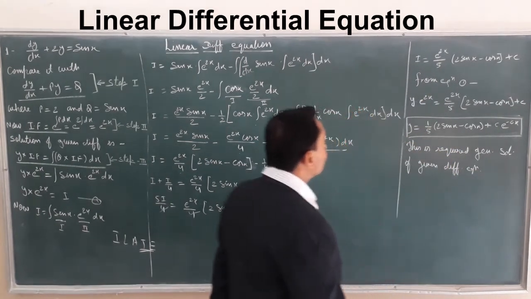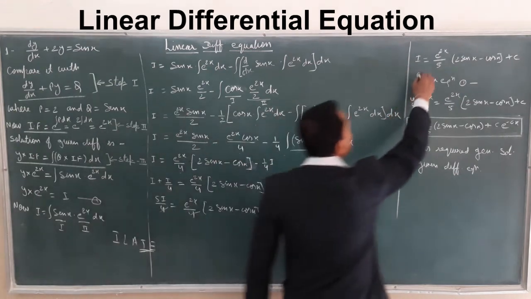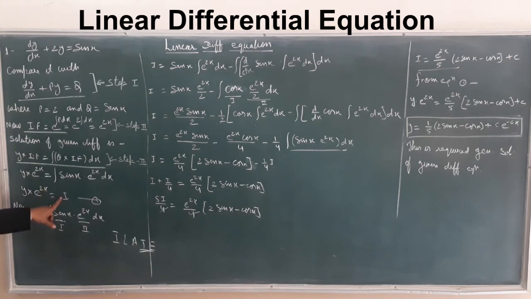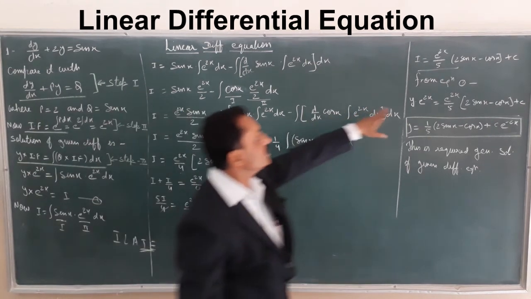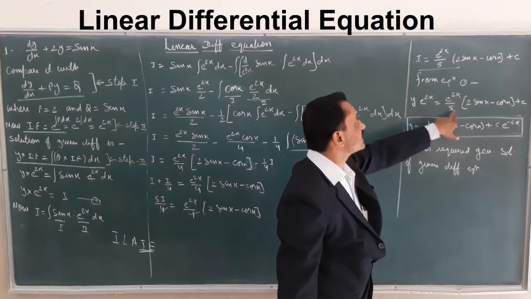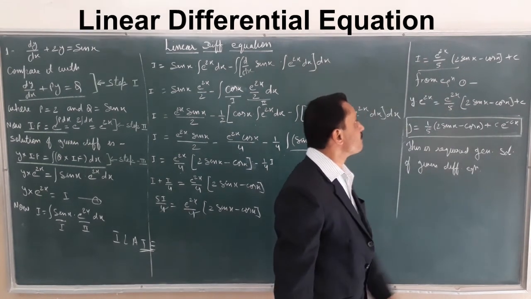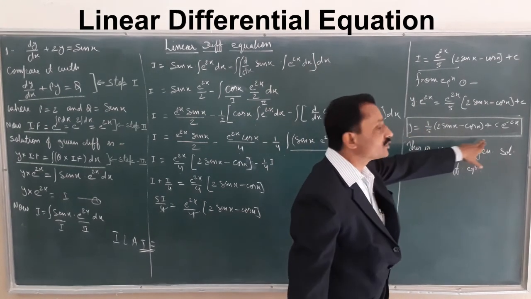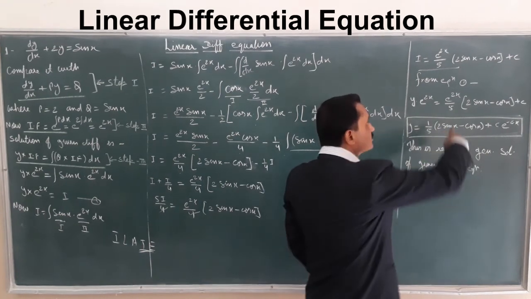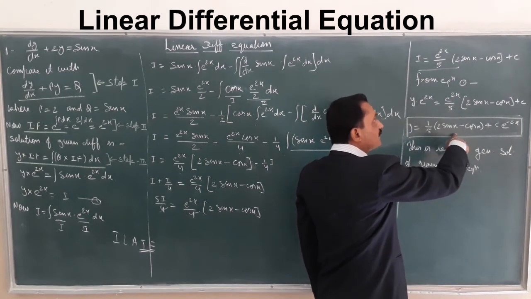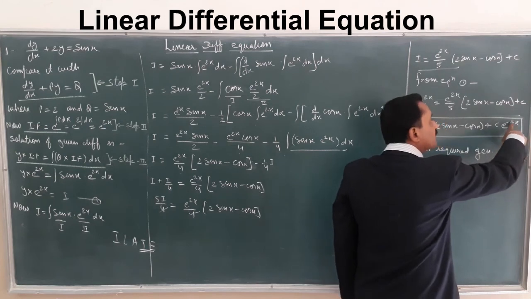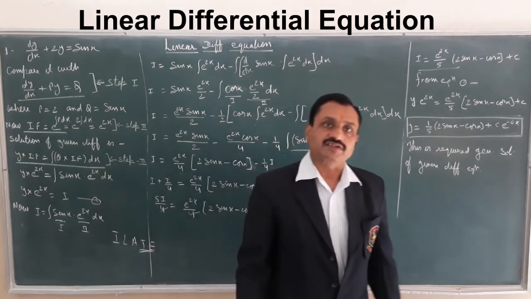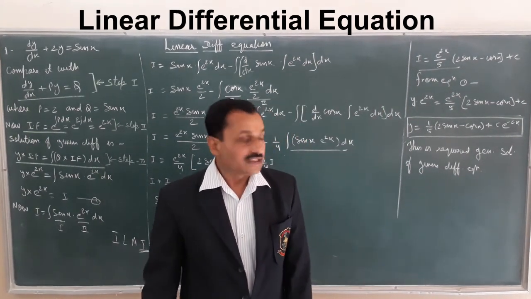Now put the value of this I in equation first. Equation first is y times e to the power 2x equals I. So y times e to the power 2x as it is, and this is the value of I. y will remain here, e to the power 2x will go in the denominator, so this e to the power 2x and e to the power 2x will cancel in this part. So this is the required general solution of the given linear equation.